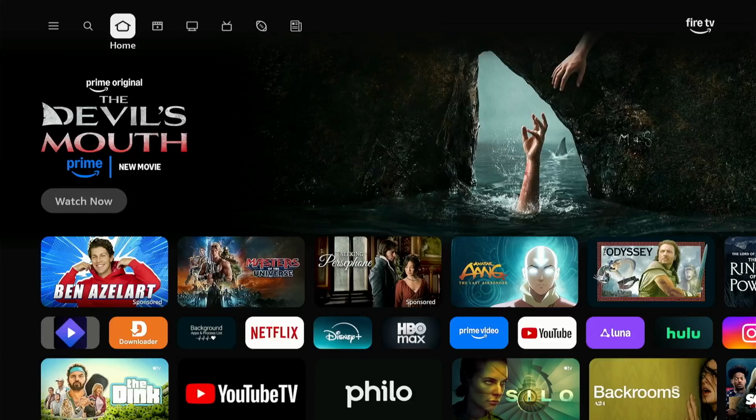In this guide, I'm going to show you how to get Google Play apps on a Firestick without the Play